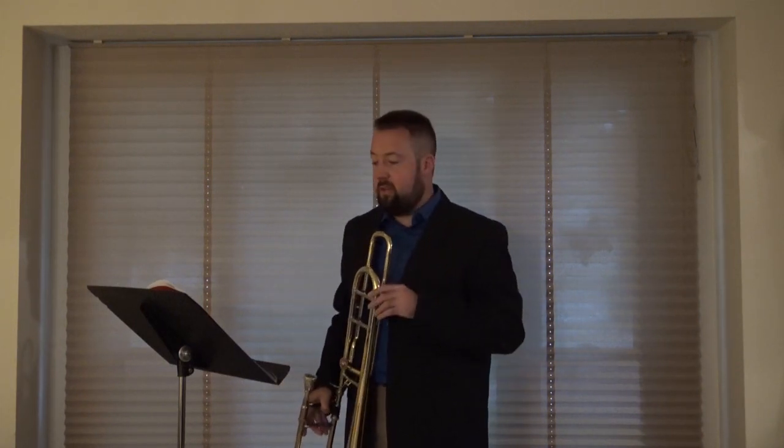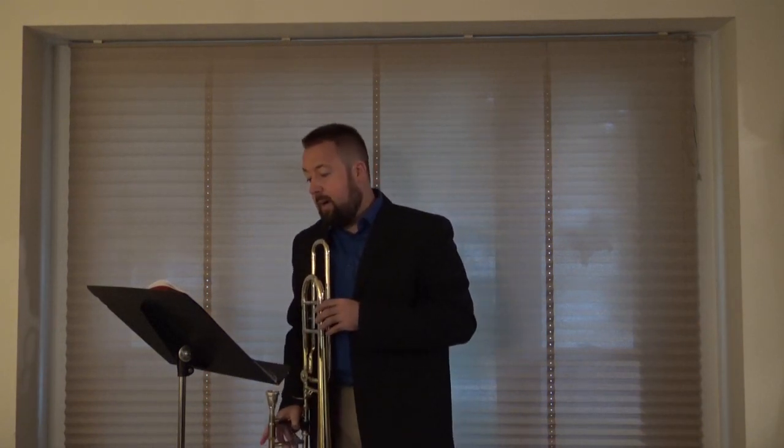Breathing on this particular etude can be very tricky. I would recommend marking places where you can take a breath as you're practicing this. Now, some of that is going to interrupt phrases, I know, but I would rather you have a clean breath and play those phrases clearly rather than try to stumble through it and run out of air before the end of the phrase. I have marked